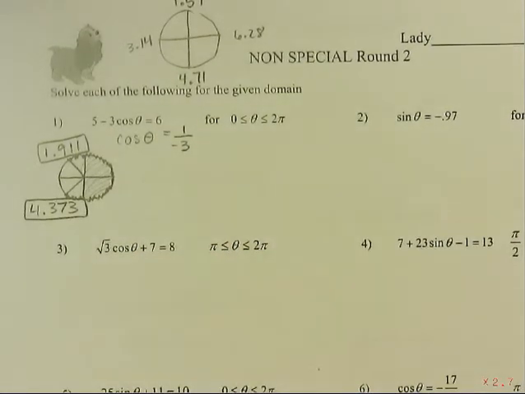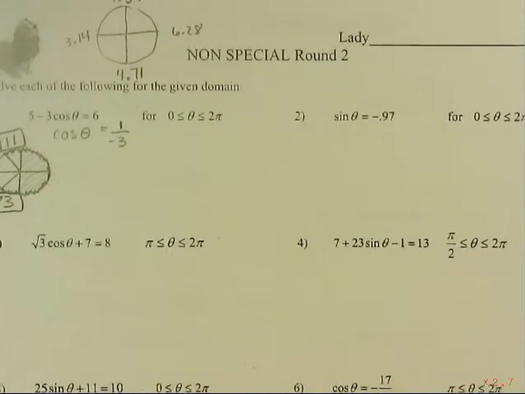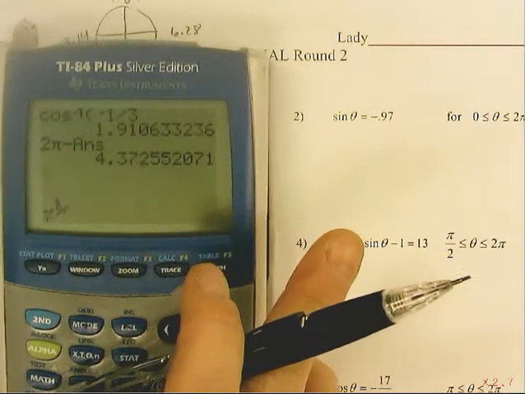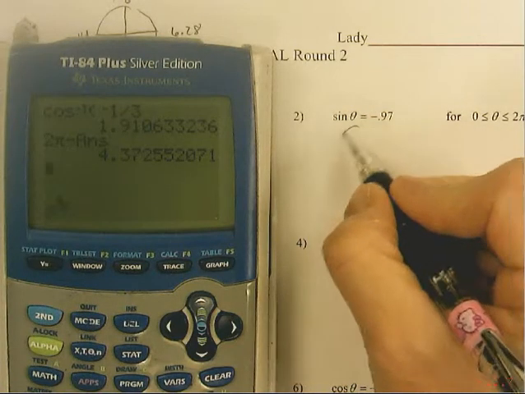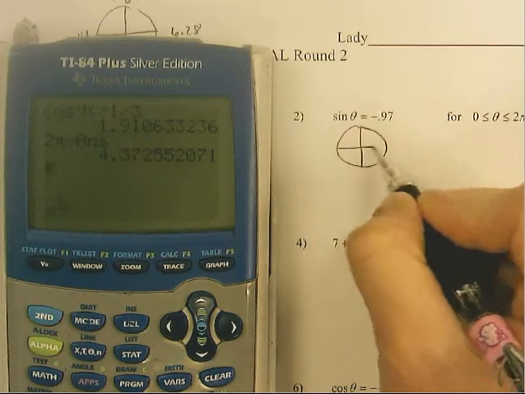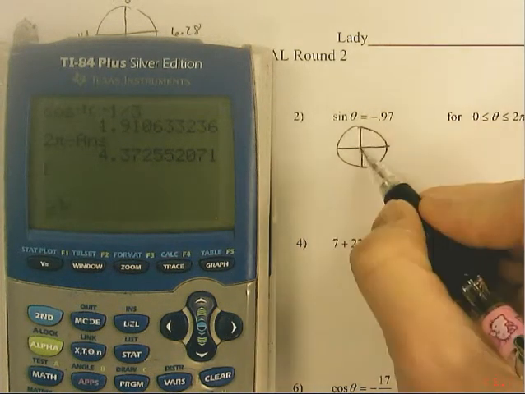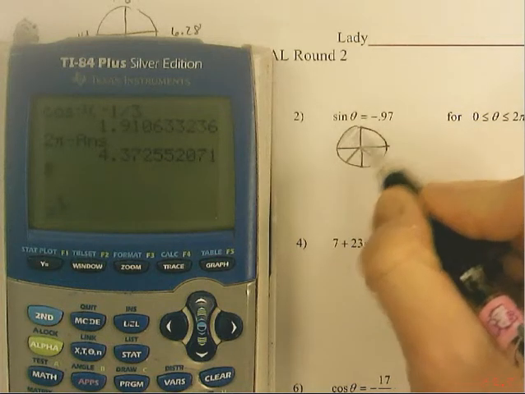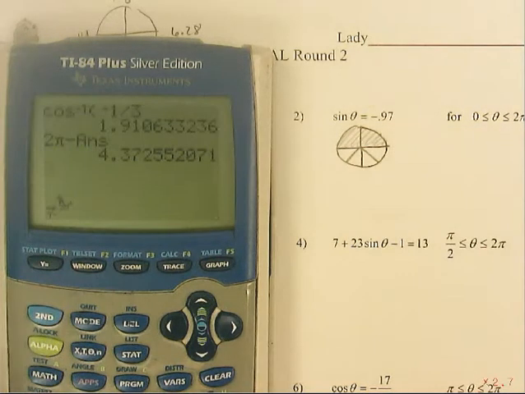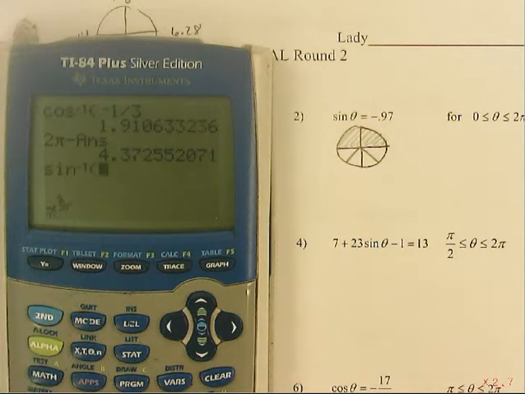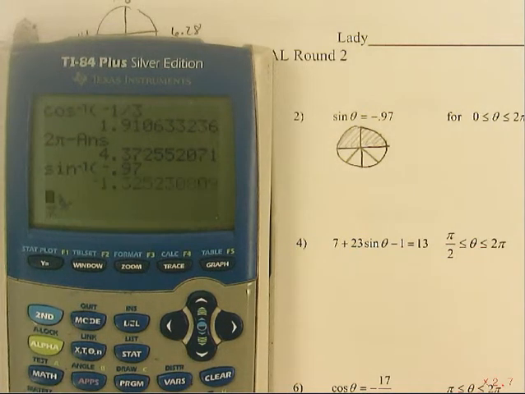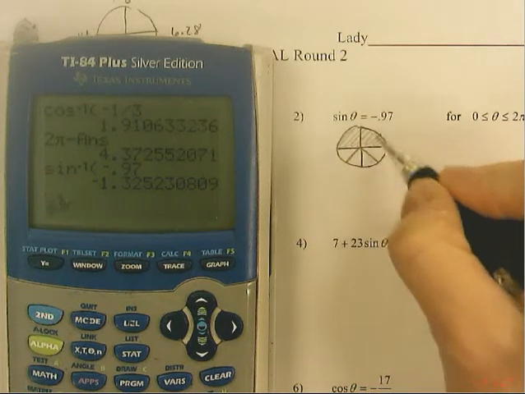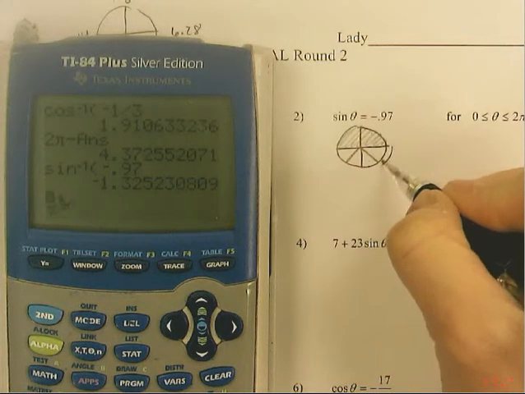Awesome. Okay, now a sine example. We already have sine by itself, so we're going to simply go to our calculator, and I always like to draw the unit circle, making sure I know where these should lie. So sine being negative will be down in the third and fourth quadrants. So when we punch this in, sine inverse of -0.97, that's giving us that negative value. Remember, sine inverse is defined only in the first and fourth, so that's what it's giving us, that backwards angle here,